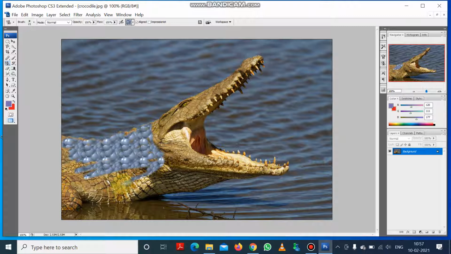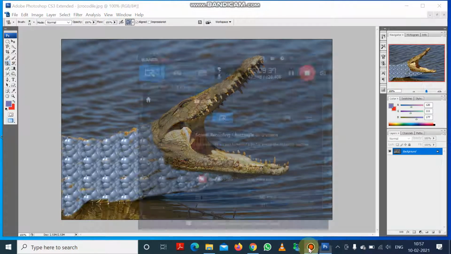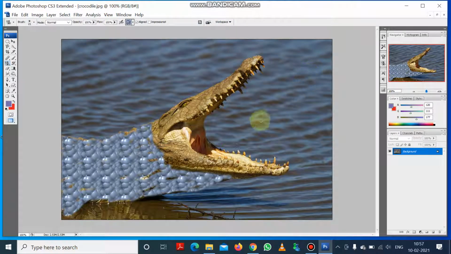So you can understand this is the pattern stamp tool, where the pattern will be copied on the part of the image where you will be moving your mouse pointer or mouse cursor, and you can see the same pattern will be copied. And you can select another pattern also. It doesn't mean that you need to select only one pattern. You can select multiple patterns also. So here I have selected one pattern. So this is the part you can see. I have given a pattern on the crocodile body.